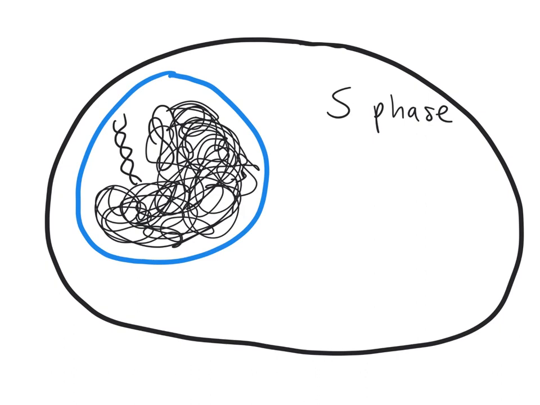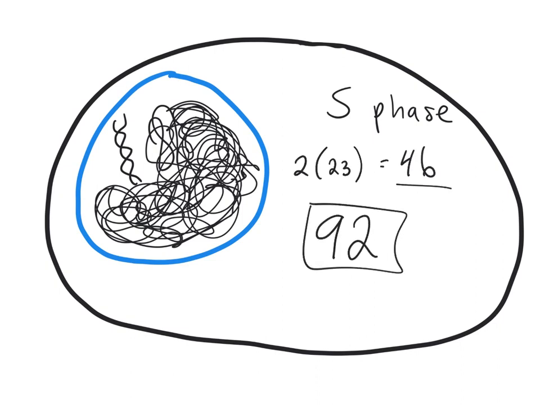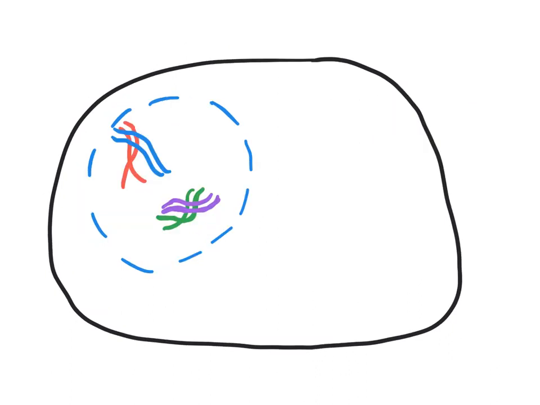So if we start with 2n, number of chromosomes, or diploid, which we have 23. So we normally have 46 chromosomes, but in this case, we are actually duplicating every single one of these 46 chromosomes. So in the end of the S phase, we will have 92 chromosomes total as we move into prophase 1. Prophase 1 is where one of the major events of meiosis occurs. And that event is called the crossing over.